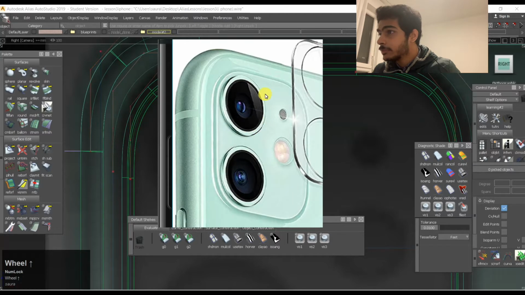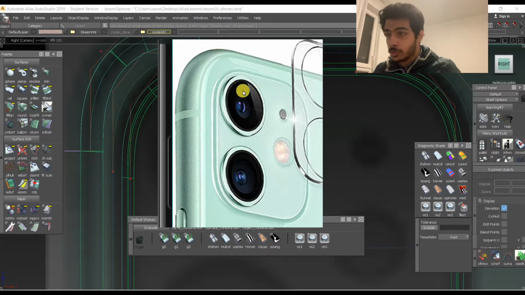So if you see, there are just two cylinders that are protruding out over here, which are the camera lenses, right? Which are the cameras. Then if you see over here, I think this is the flashlight and this is going inside. This is debossing, right? So debossing is going inside. So this part is going inside. And the LiDAR sensor is also going inside. I think this is the LiDAR sensor and it is going inside, right? So this part is coming out and this part is going in.